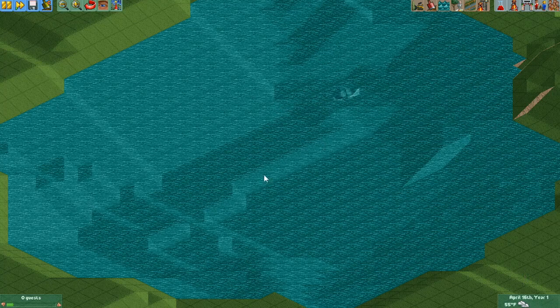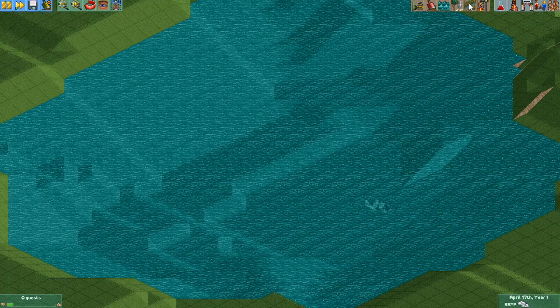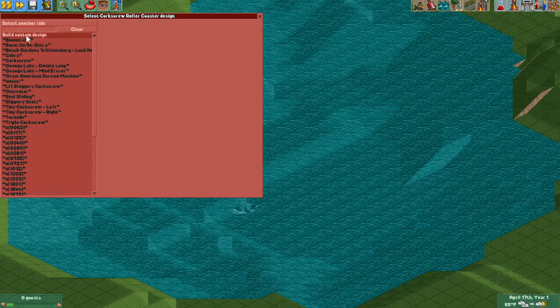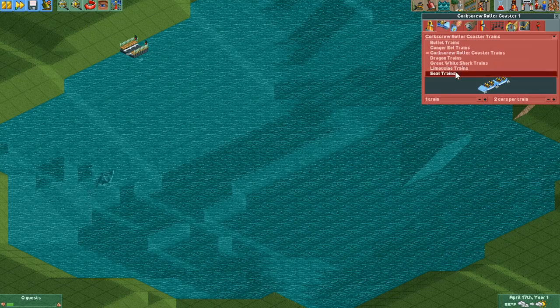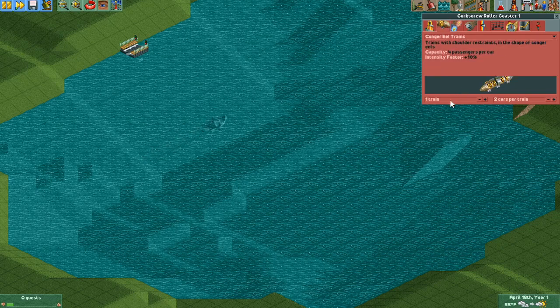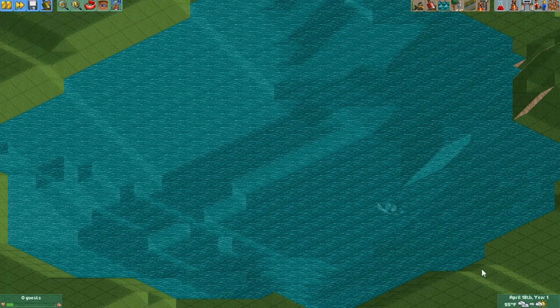Now, obviously, Shark isn't the only train type that works for this. There are a couple other good options from the Wacky Worlds expansions that work pretty well. If we go through our Corkscrew Coaster options, there's quite a few interesting ones, like the Seal trains and the Conger Eel trains would probably work pretty well for more underwater scene pieces. There are also a couple like the Condor trains that you could use for flying scenery pieces, but the possibilities are endless, so play around with different train types and see what you like.